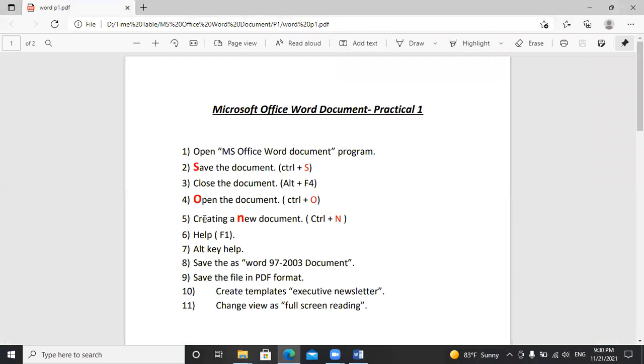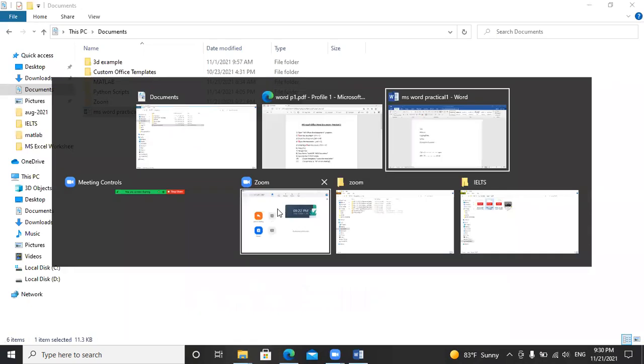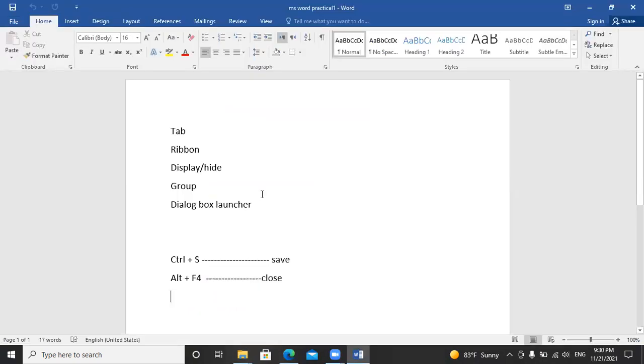Okay, after that, here we have the option of creating a new document. How can I create a new document? There are different methods to create a document.